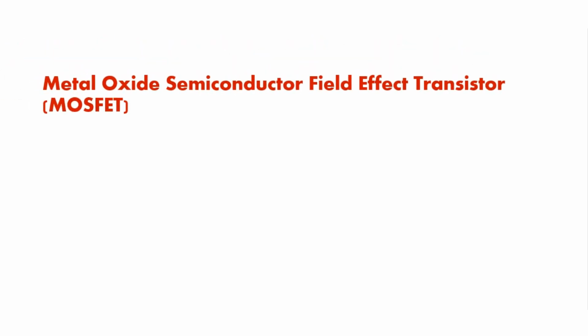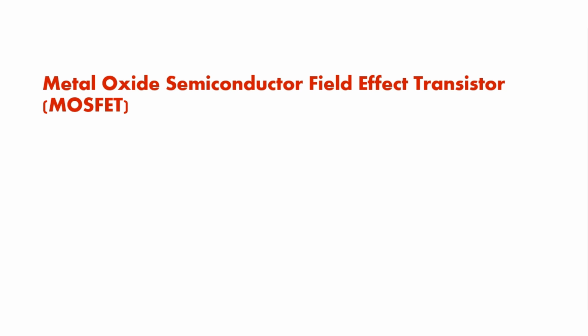So let's discuss metal oxide semiconductor field effect transistor, that is MOSFET. Actually, the working principle and properties of JFET, which is one of the family members of field effect transistor, is based on the reverse bias at the PN junction. A depletion region is created which alters the channel resistance and therefore the current flowing through the JFET.